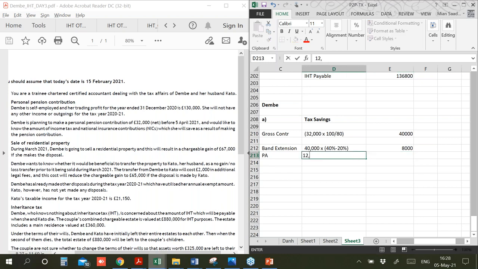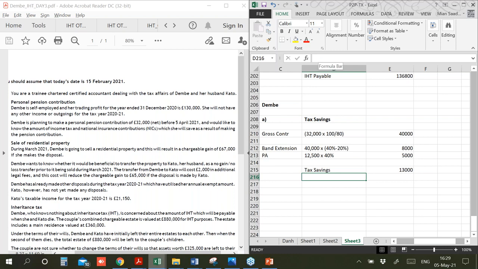The 12,500 that I got back in the form of personal allowance, I told you that we'll be making savings of 40% on that. And I know the answer directly, but you can apply the formula. It is 5,000. Okay. So the total amount will be this plus this, that is 13,000 tax savings. You'll be able to save 13,000.